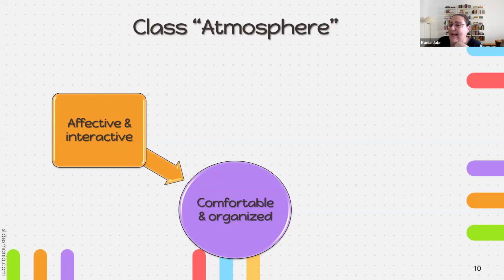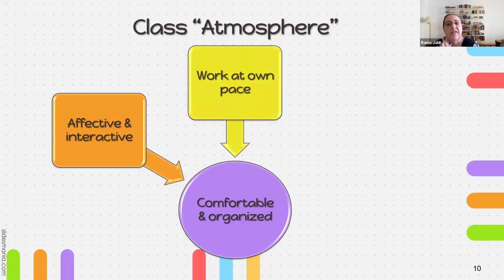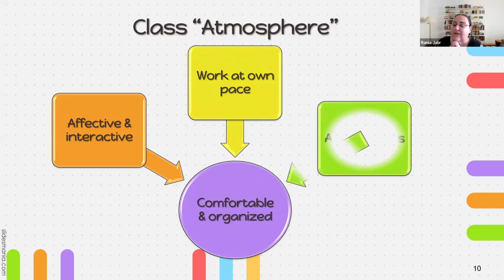It has to be interactive and effective. The affective component is extremely important. When the affective filter is low, basically they learn better. They put their inhibitions aside. They accept the new information, the new learning, and I give them enough time to work at their own pace. There will always be the fast finishers, the people who finish very quickly, and I have something for them.